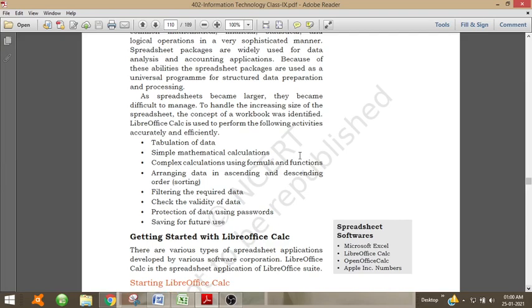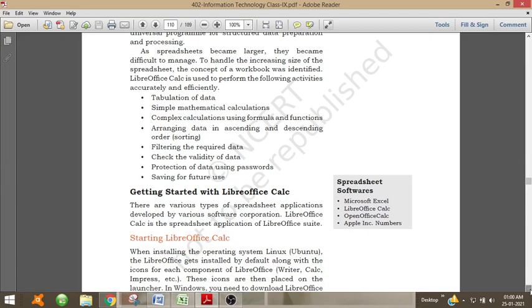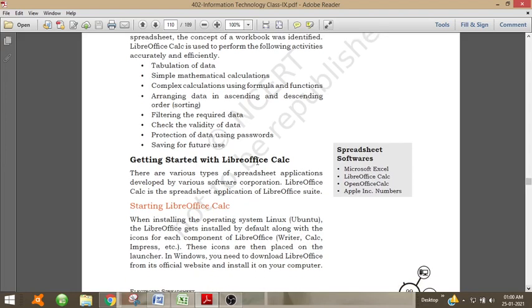So let us see how we can use a spreadsheet. In LibreOffice, the spreadsheet is called LibreOffice Calc. Like Microsoft Excel in Microsoft Office, in LibreOffice our spreadsheet is LibreOffice Calc.